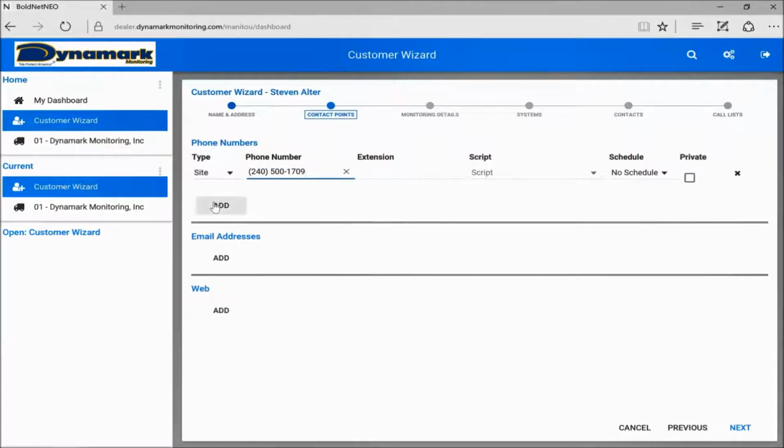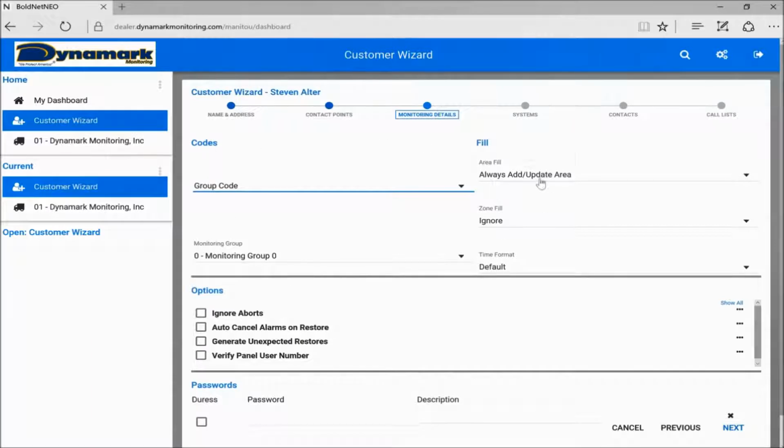If I wanted any more numbers, I would just click add, and I'll continue adding them. And you can also choose what you want them to be labeled as: the business, mobile, home, site. You can label them however you would like. If they have an email address, we can add that here, and a web address is available if we need to use that. For example, we can use that for our iHelps or anything with the GPS. So that's it for here. We're going to go to next,